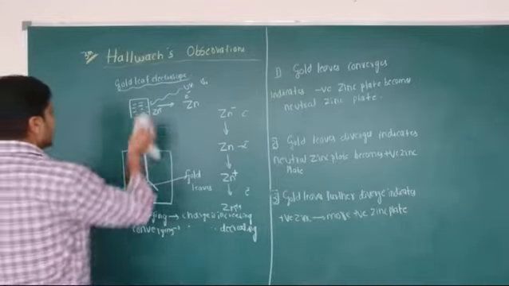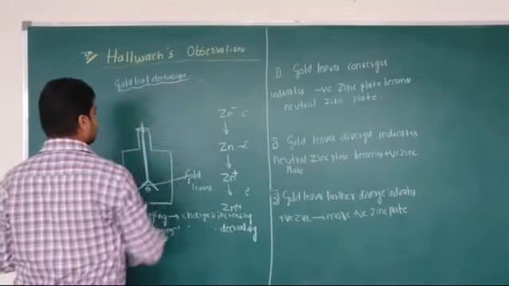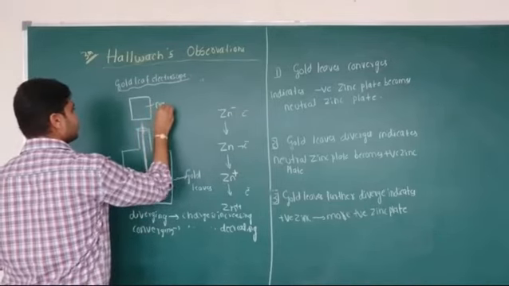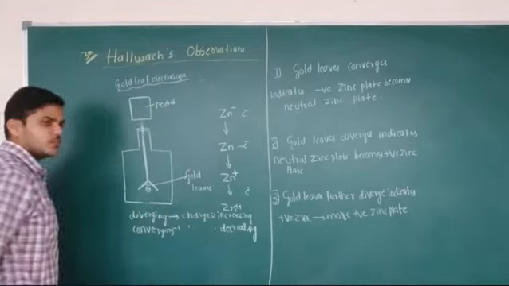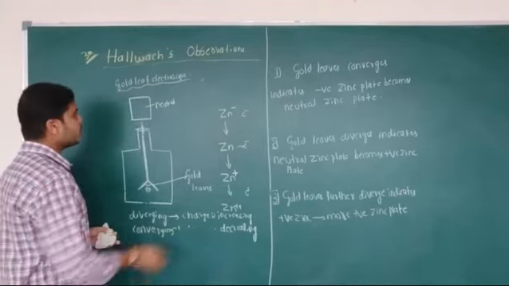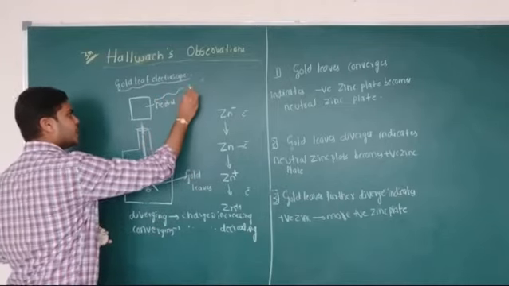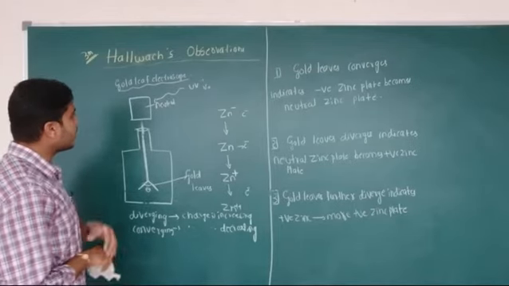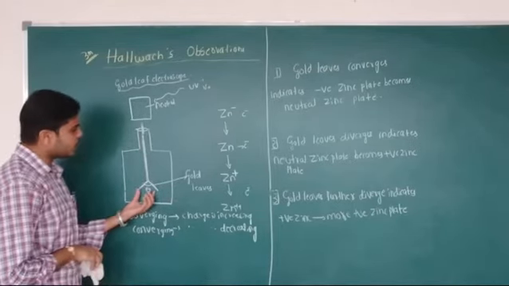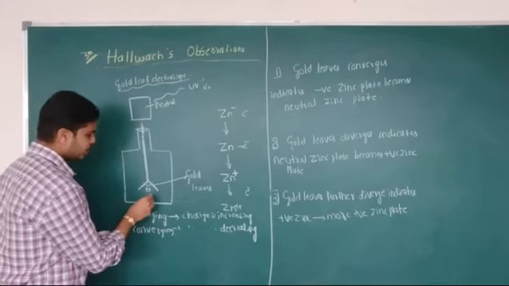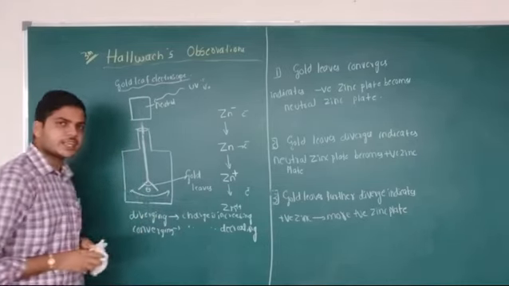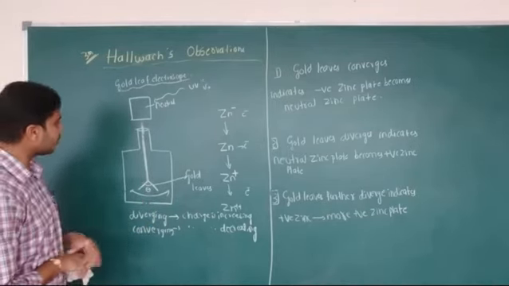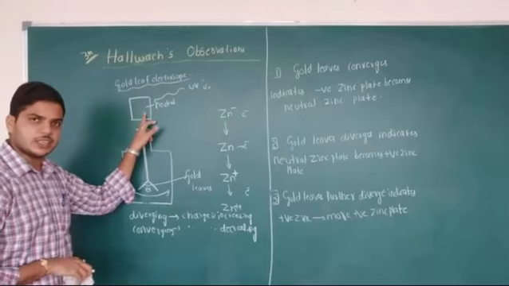In the second case, the zinc plate has become neutral by emitting electrons. Then what will he do? He again incidents ultraviolet radiation above the threshold frequency. Then what will happen? After some time, the gold leaves are diverging. In the second case, the gold leaves are diverging. What does that mean? The charge on the body is increasing.